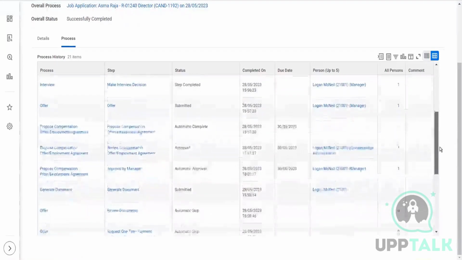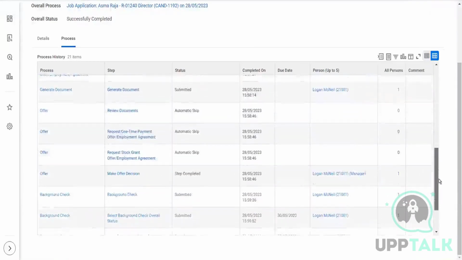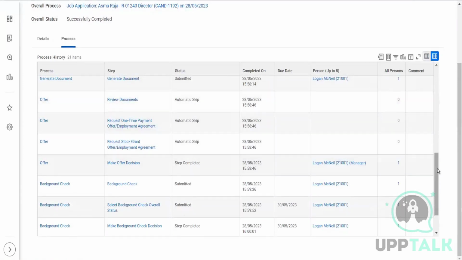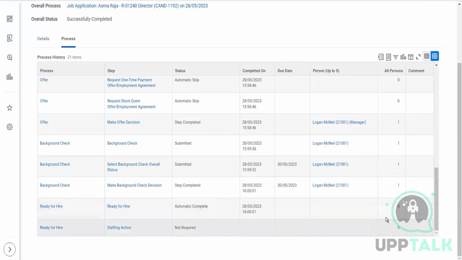Then offer was submitted. Then propose compensation, which was part of offer. Then generate. Then this was skipped. Then background check, and ready for hire was completed. This was not required. Ready for hire is the last stage, and it automatically triggers the hiring process once we complete it,